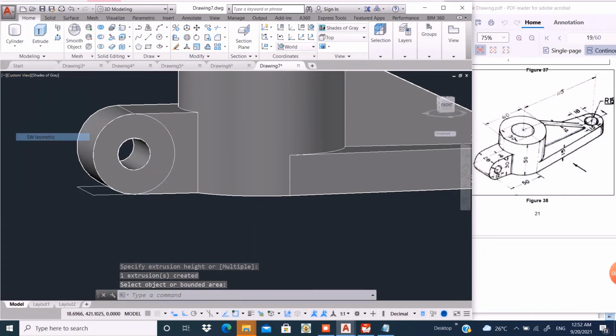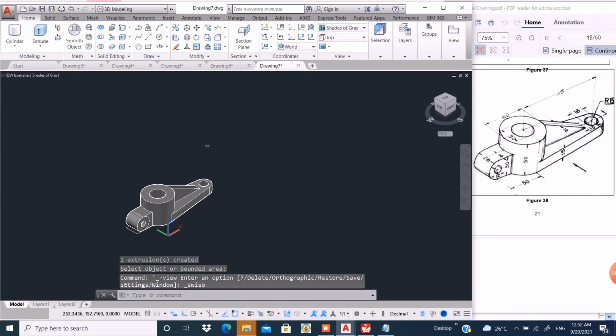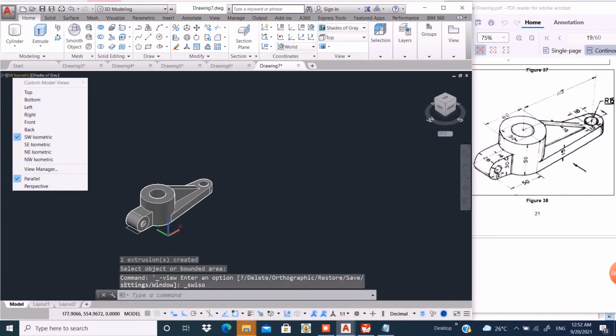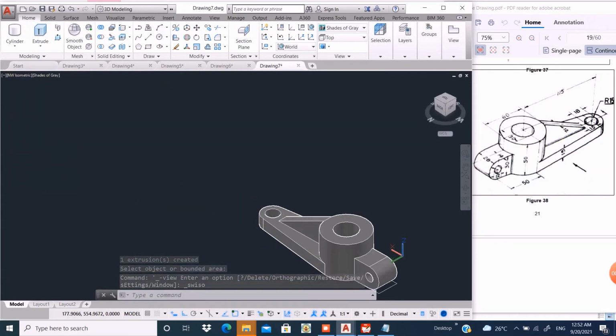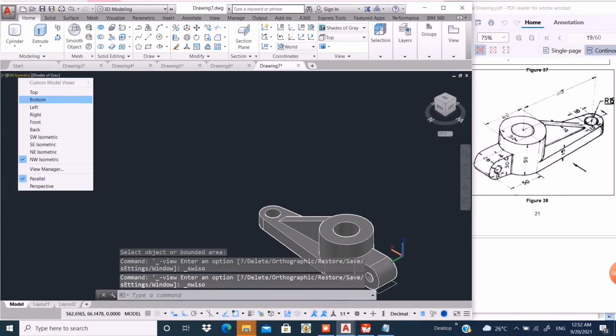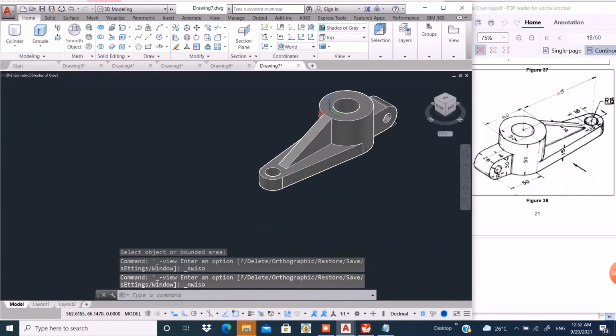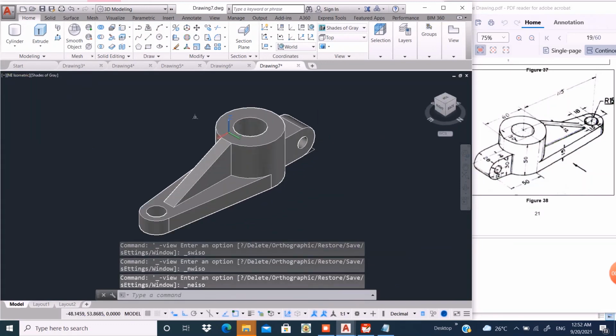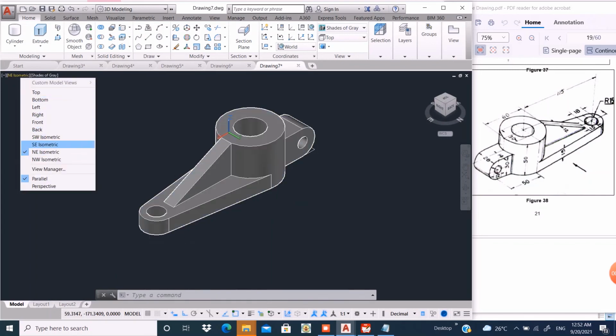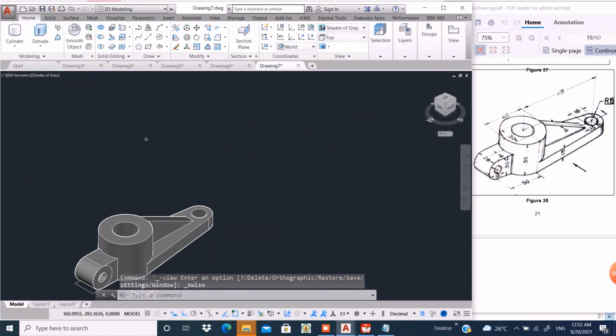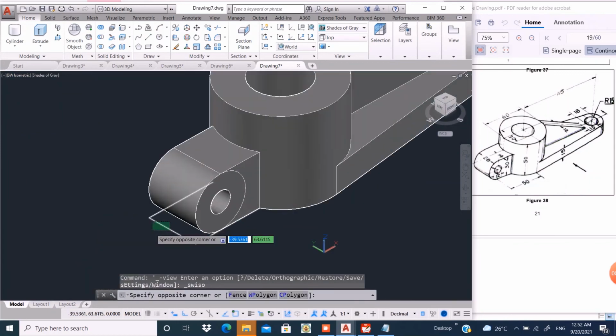Go to southeast isometric view. You can view it from any angle. So drawing is created.